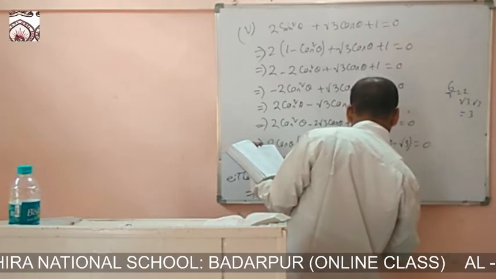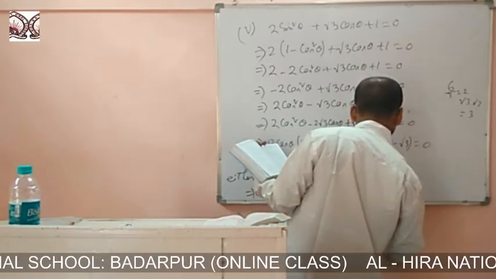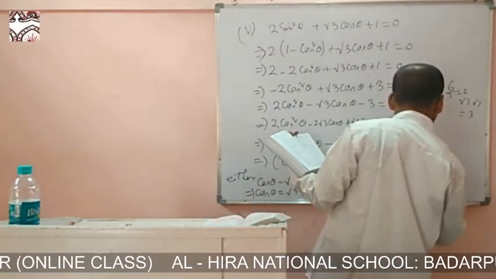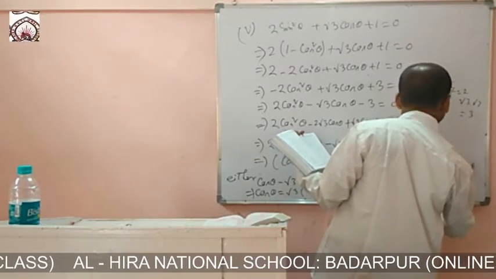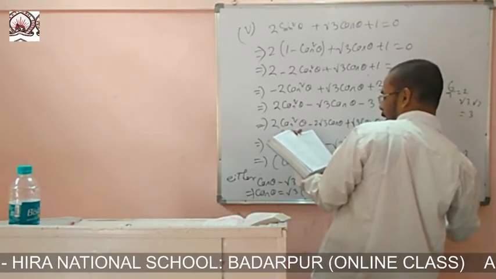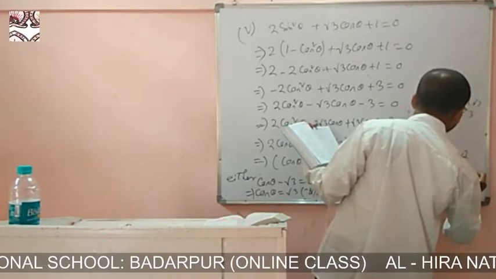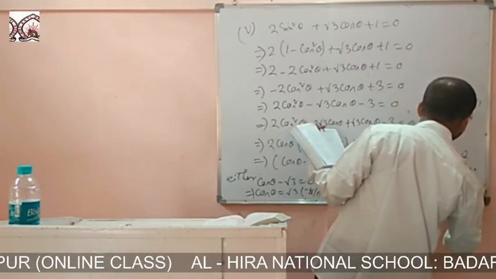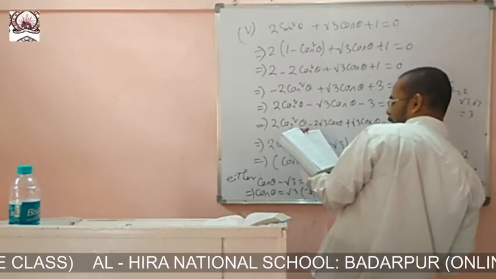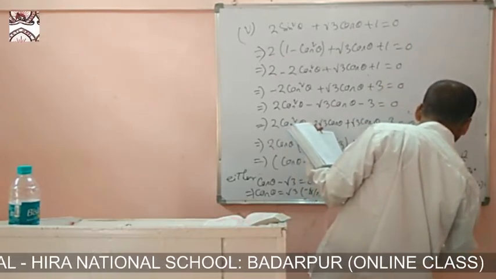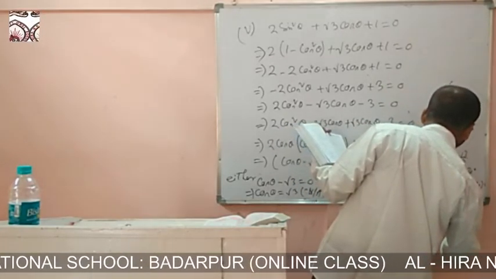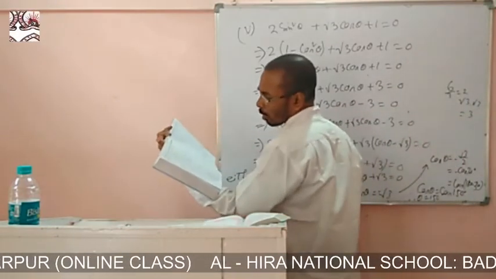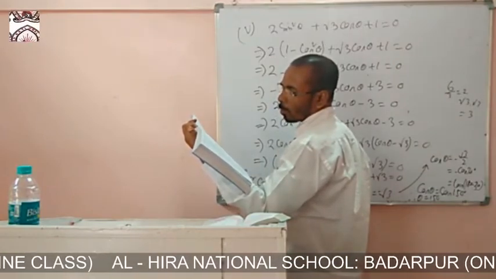So this implies 2 cos theta will be minus root 3, which implies cos theta will be minus root 3 by 2. Minus root 3 by 2 is minus cos 30 degree, and minus cos 30 degree is cos (180 minus 30). So cos theta is equal to cos 150, therefore theta is equal to 150. Again cos theta is equal to,